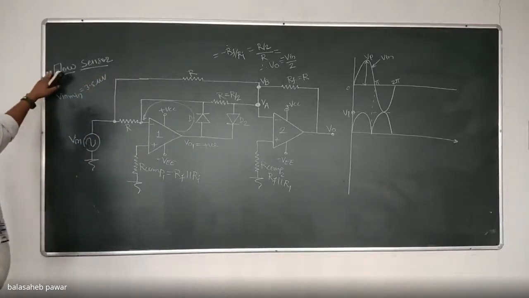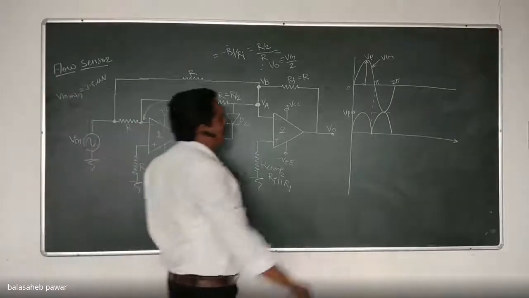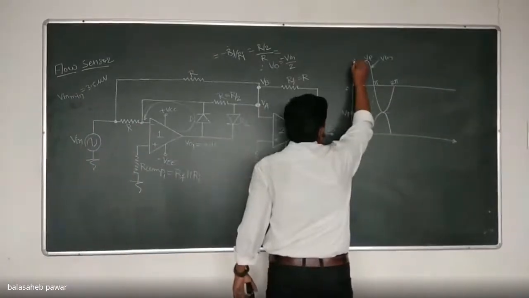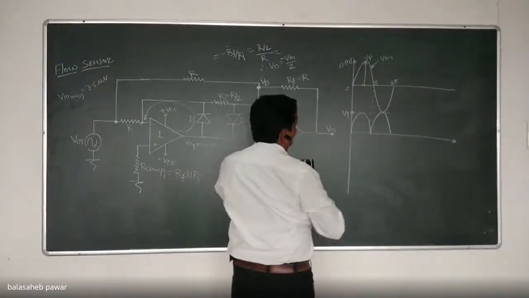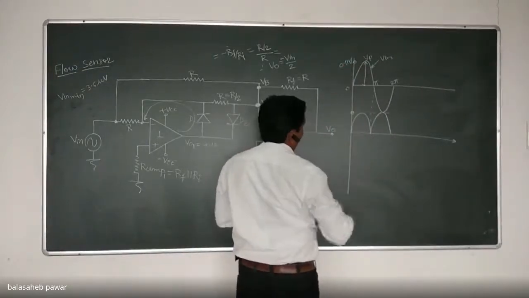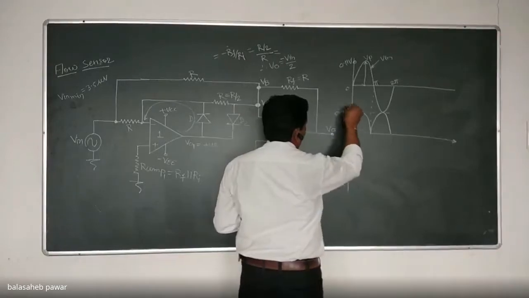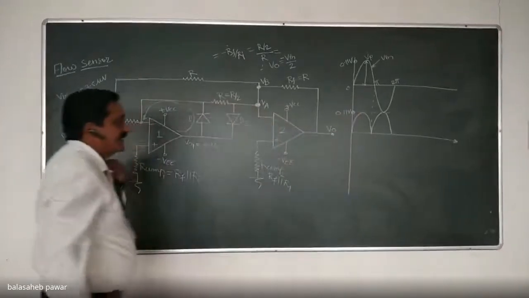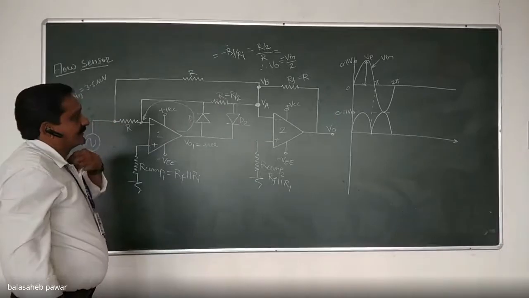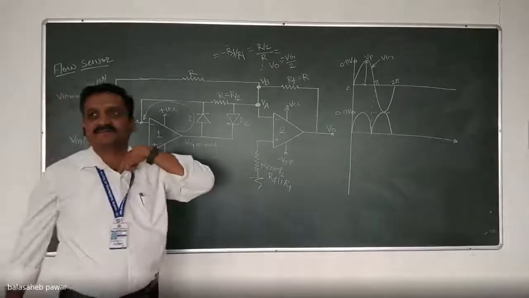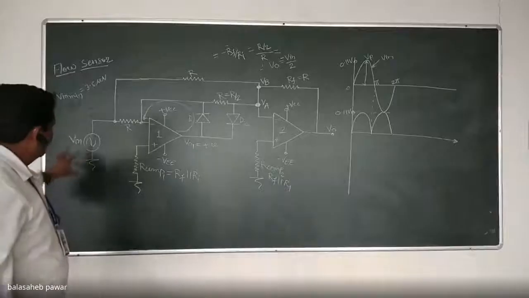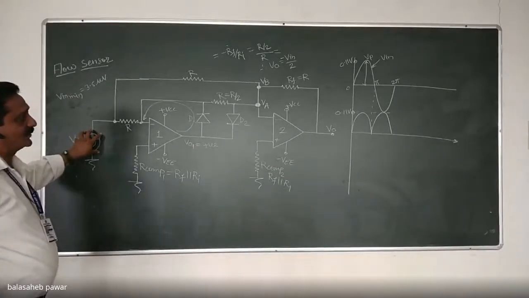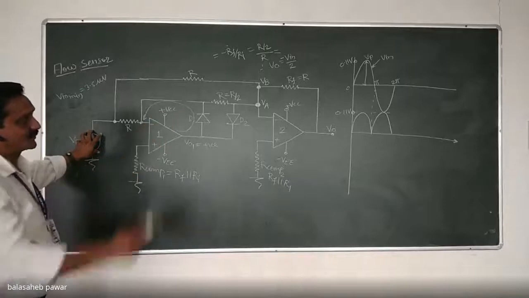So if we consider that input signal of 0.11 volts peak, the same output we are going to obtain. That is 0.11 volts as a peak voltage, right? Is it okay? Yes, sir. And if that input signal goes to a 12 volt peak, again the obtained output voltage will be 12 volt peak.